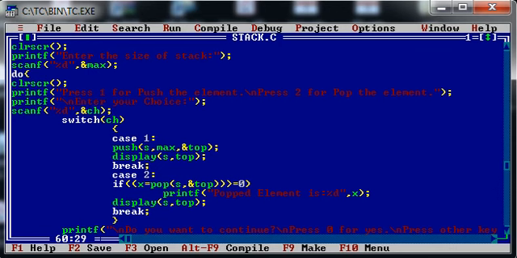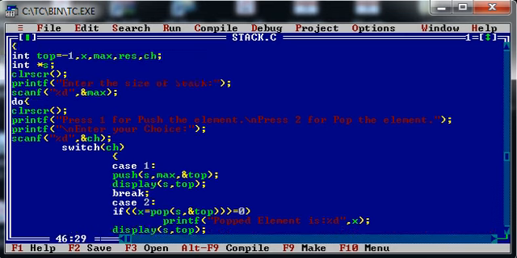And as I told you earlier, top is a very important pointer as far as stack operations are concerned. That is why I need to pass it by reference, because it will increment the top position when we add an element into the stack. Similarly, it will decrease the top position when we remove an element from the stack using the pop operation. After the successful push, I am displaying the content of the stack using the user-defined display function, in which I am passing the array and the top pointer without reference, meaning passing by value.